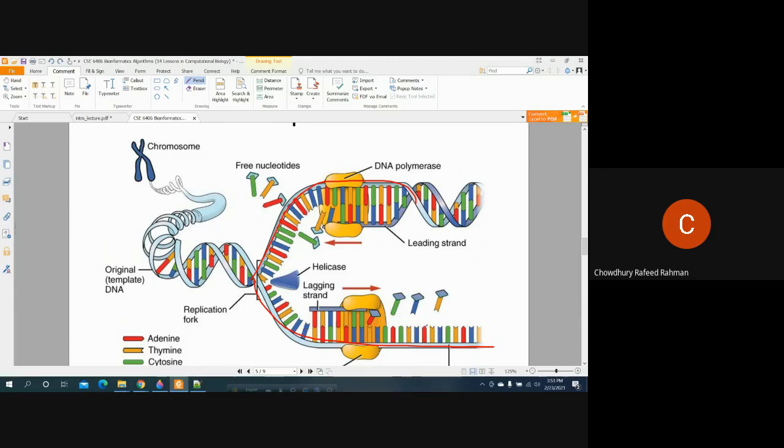When a new cell is created, in that new cell we have ATCG bases floating all around. ATCG bases look around for DNA single strands where they can sit with their complementary bases. So if this is A, T will join here. Similarly, if this is C, G will join here from our cells. These G's are floating. These free bases are floating in our cell. So they will try to join with single strand complementary